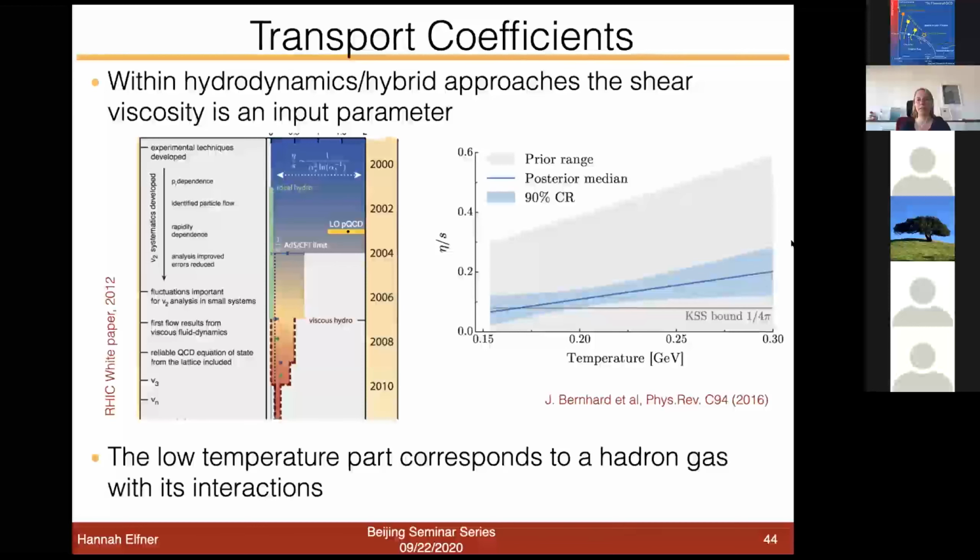And this is where the priors, or these ideas, come from on how these temperature dependencies can look. And what we can do with our transport approach is to look at the low temperature region, because there it should be a hadron gas, and then we can look at what the transport coefficients are at low temperatures, and hopefully provide constraints for future efforts to constrain these coefficients in heavy ion collisions. So if you need to run your hydrodynamic approach, one needs to have some parameterization, and we can constrain one end of the parameterization of the transport coefficient.